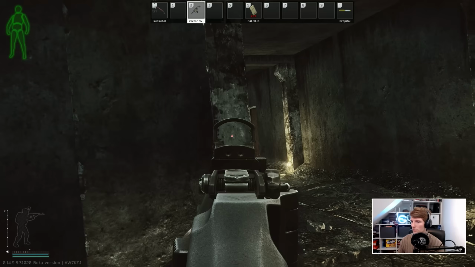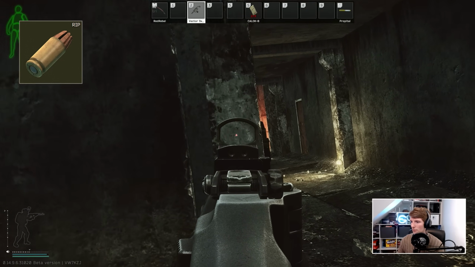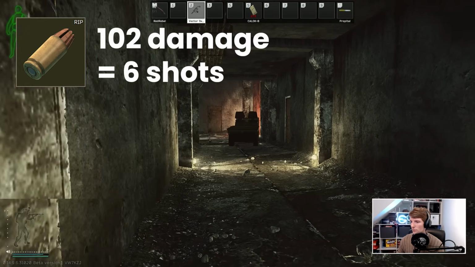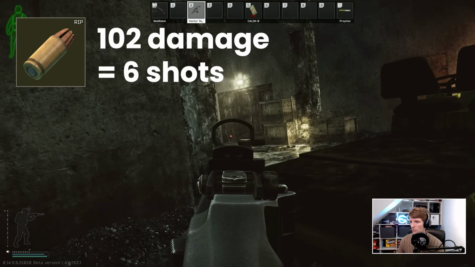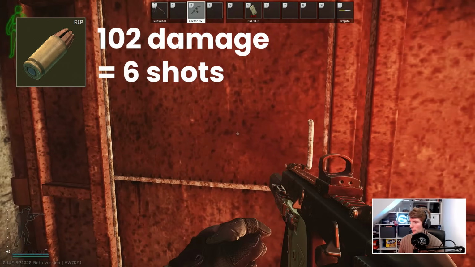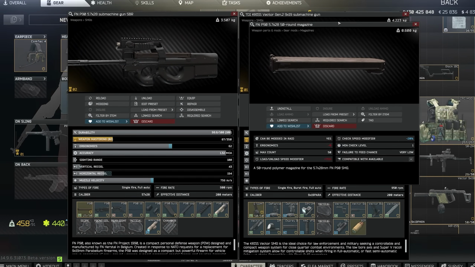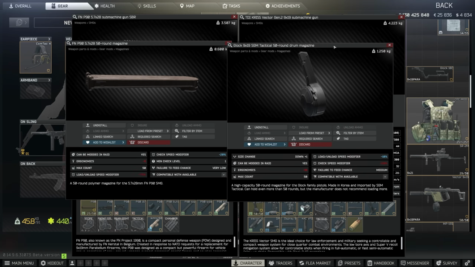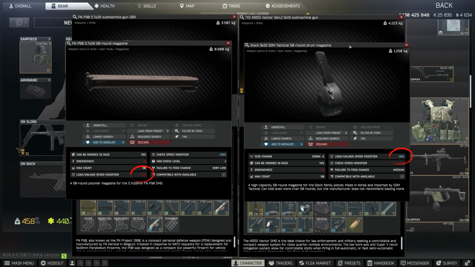So in second place, we have the 9mm RIP cartridge, usually paired with the 9mm Vector. With 102 damage, this is very similar to the P90 with a 900 RPM fire rate and 6-hit TTK, with the similar benefit of 50 round magazines. The difference between the 9mm 50s though and the P90s is the mag packing speed. Those for the Vector are significantly faster to repack in raid, which as anyone who's used the P90 knows is